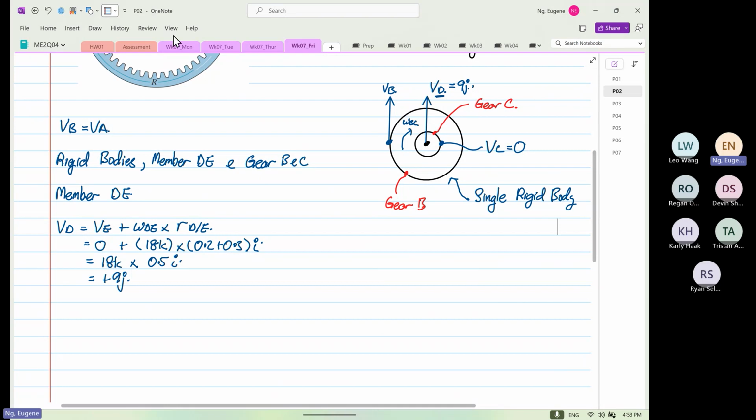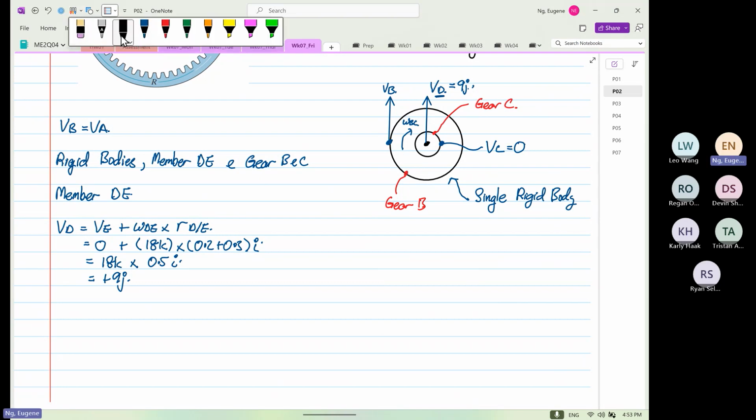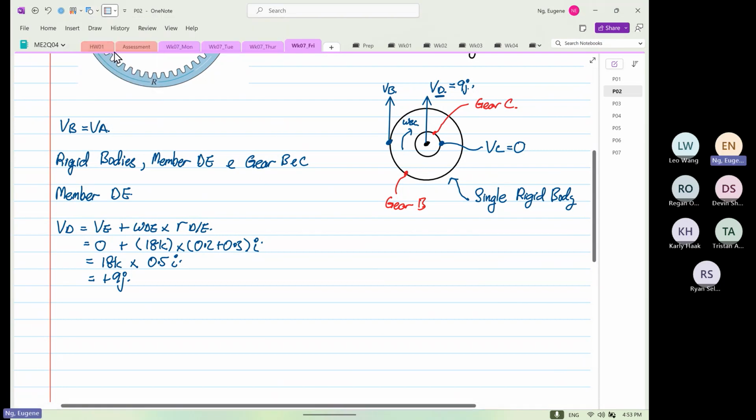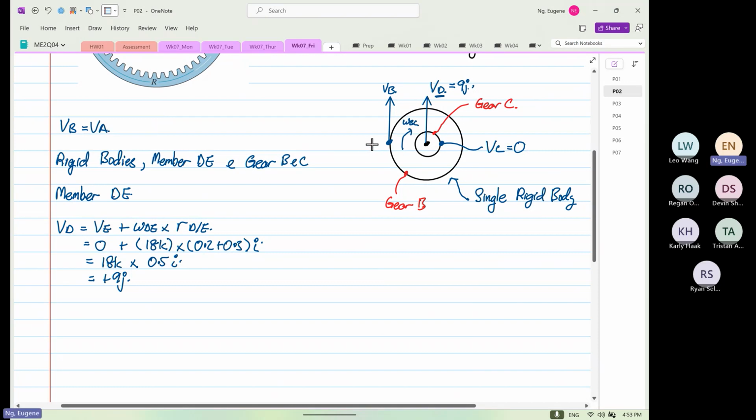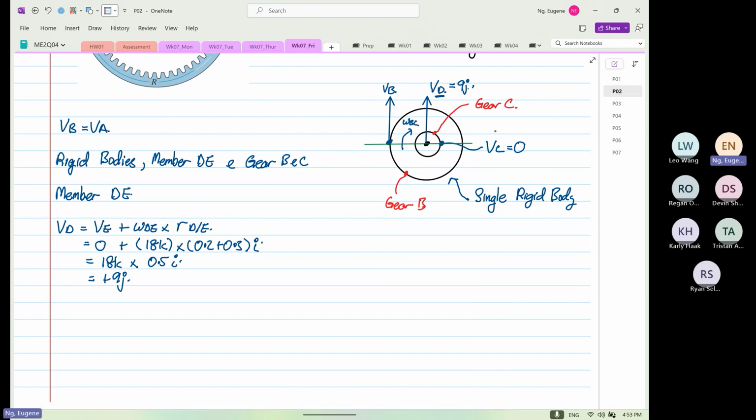I deliberately position all this on a single line, as you can see down here, because later on it's easy for us to relate. Okay. So the first equation I'm going to form